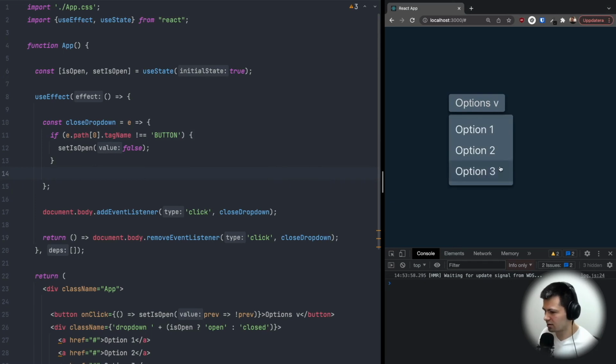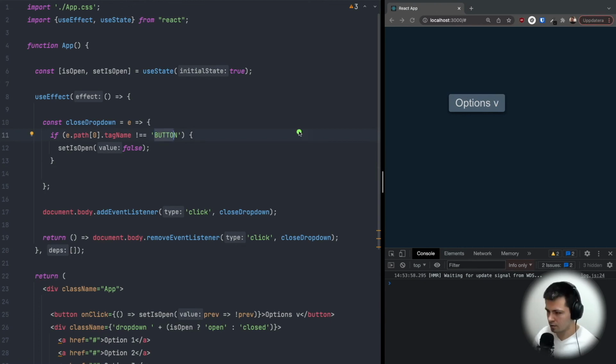It closes the dropdown. Okay, but now the small problem is that there can be another button, maybe somewhere here. And when we click it, this dropdown will remain open. And maybe we don't want this. We want to check that this button is actually this button here. To check it, we can't just check if it's any button. We need to check for this specific button. So to do this, I will